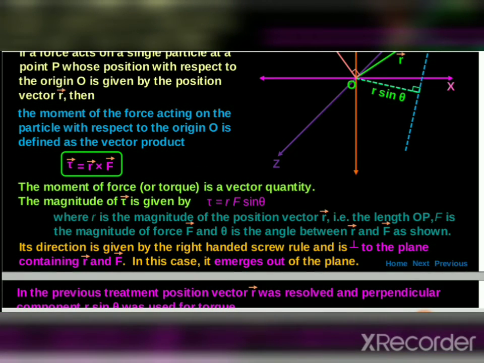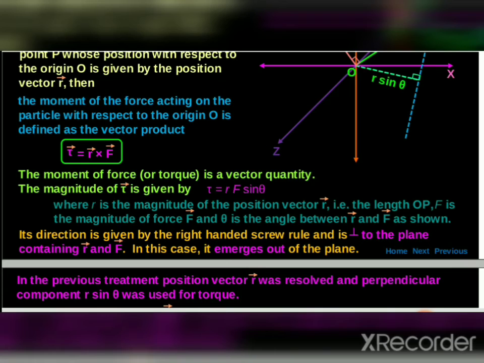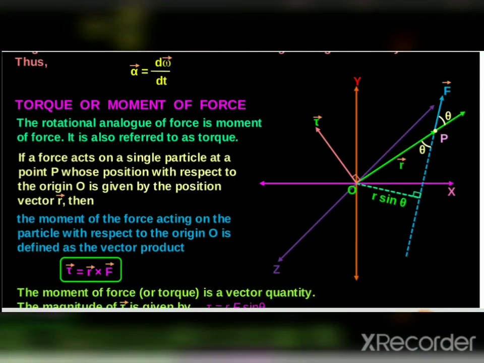Now for the moment of the force, the vector quantity, the magnitude of torque is equal to r cross F, so that is rF sine theta. Theta depends on the angle, where r is the magnitude of the position vector r, length OP, F is the magnitude of force, and theta is the angle between r and F as seen on the screen. Okay,